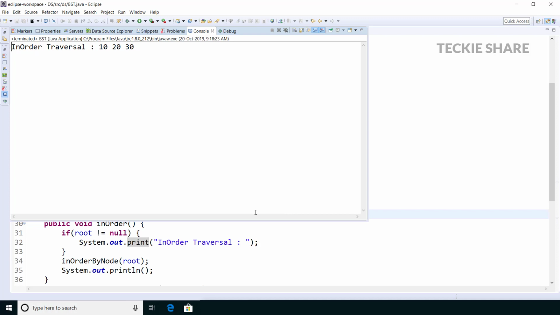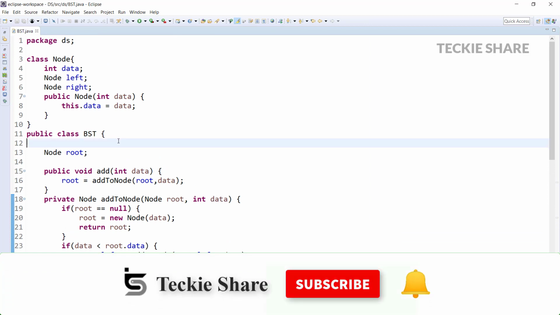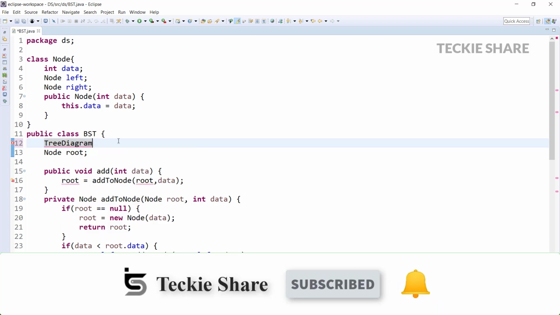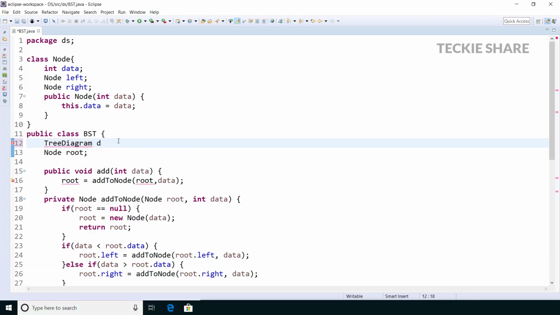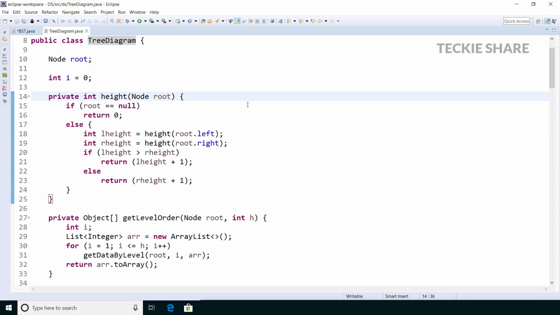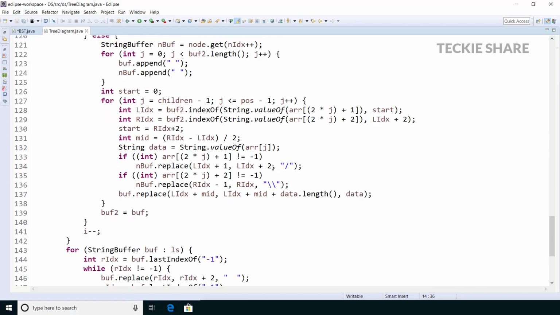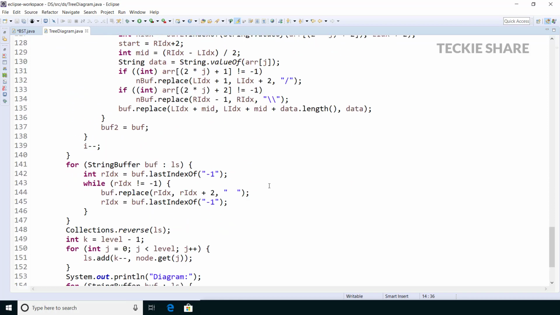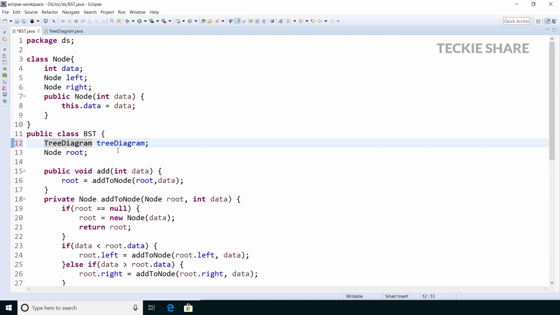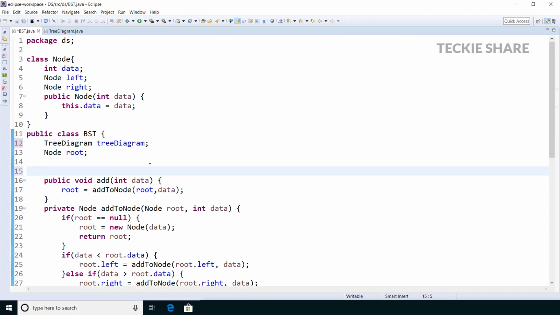Yeah, it's fine. But here we have missed something, right? We couldn't visualize that 10 was added as a left child as well as 30 was added as the right child, because we couldn't visualize the data. For solving that issue, I have created one more class called tree diagram. This tree diagram helps us to visualize the tree in the console, like it will print the tree data as a pictorial representation in your console. Here I have used some mathematical calculation as well as some tree functionality to print the data as a pictorial representation.